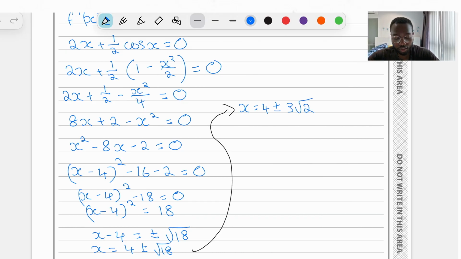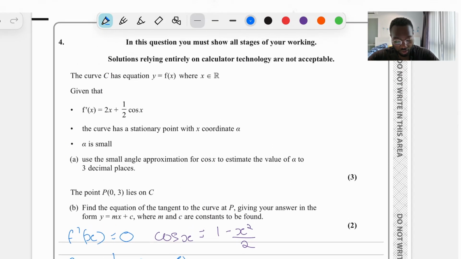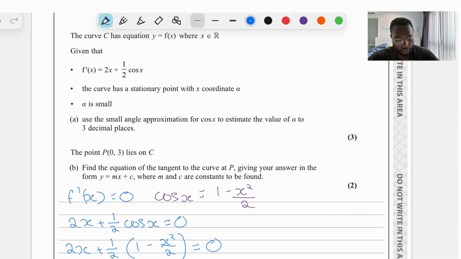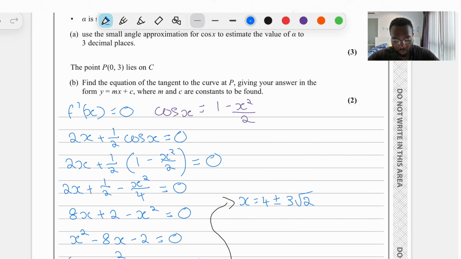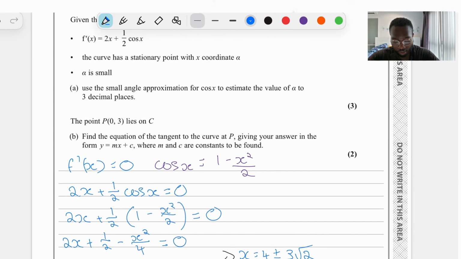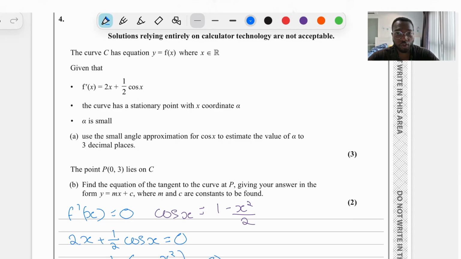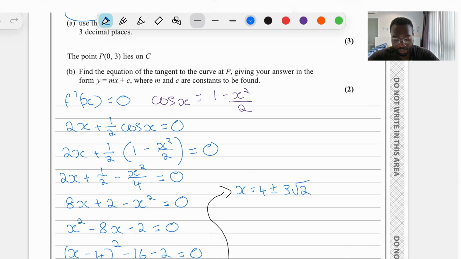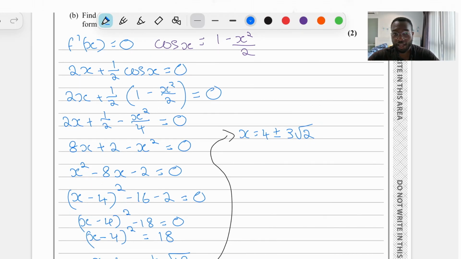But we are not done yet, okay? Because in the question, we're using the small angle approximation. They tell us that alpha is small. So we worked out x now. We've got x as 4 plus or minus 3 root 2. So we know that one of those two values is going to be our alpha here. We know that alpha is small, as they tell us. So really what we've got to do now is pretty much choose the smallest value to 0, okay, in this case. So if you work both these values out on your calculator,